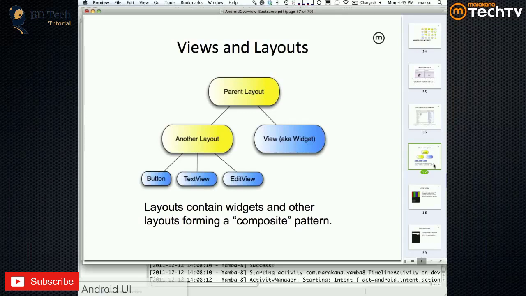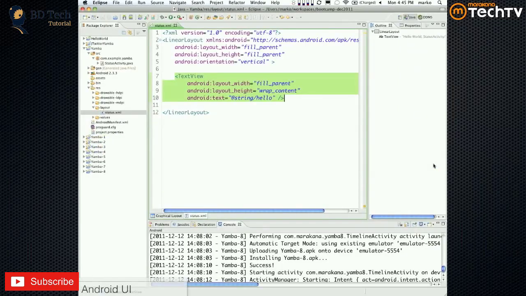Okay. So layouts contain other components. That's basically what we have here. We have a linear layout containing this piece of text, a text view. A text view is like a label or a JLabel, right? So